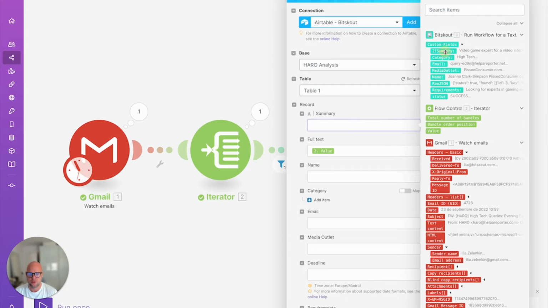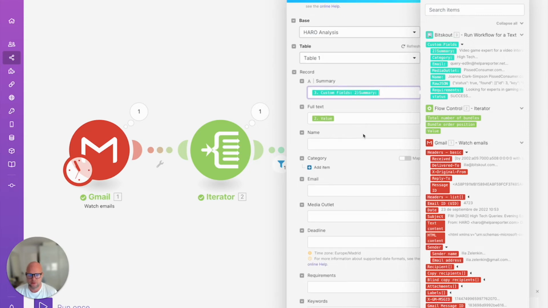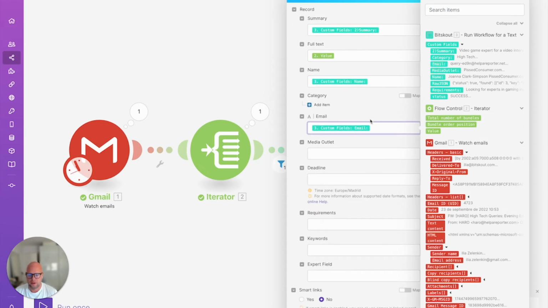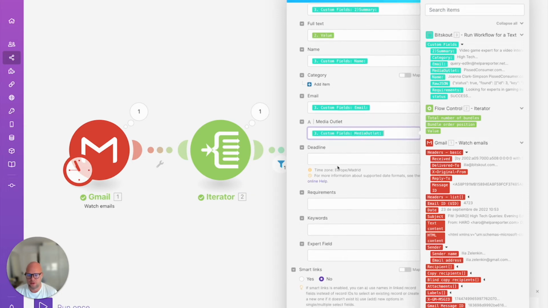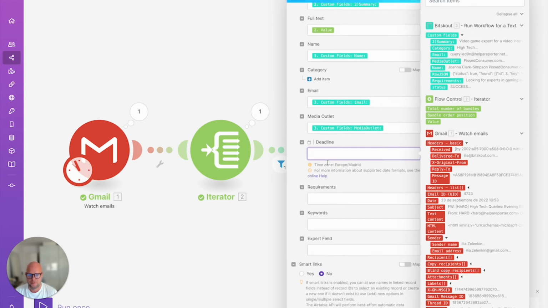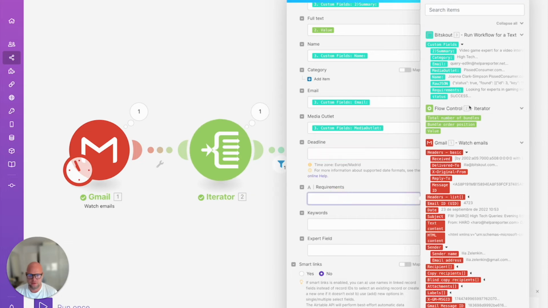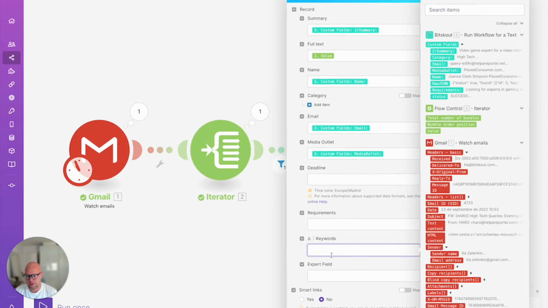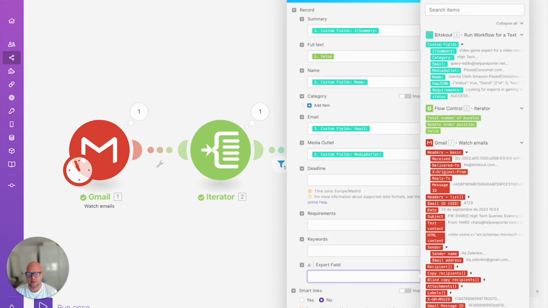So what we do is a summary here, then we have a name, we have an email, we have a media outlet, we also have a deadline. No, we don't have deadline here. And we have requirements, which we don't extract, and then keywords and expert field. These are additional items that you can extract. Okay, so now